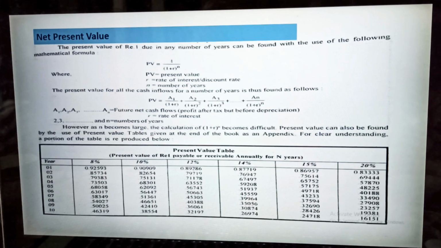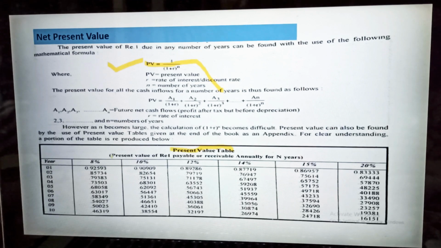Suppose you are getting 10,000 rupees as inflow in the first year, then you multiply 10,000 by the rate you decided earlier, and find the value through the present value table. So this is the second technique we will apply. You can see here that I have already taken this in the net present value. If the discount rate is already decided, then you can find it. I'll tell you how to do it. So these are the two ways, one is this one and another is this one.